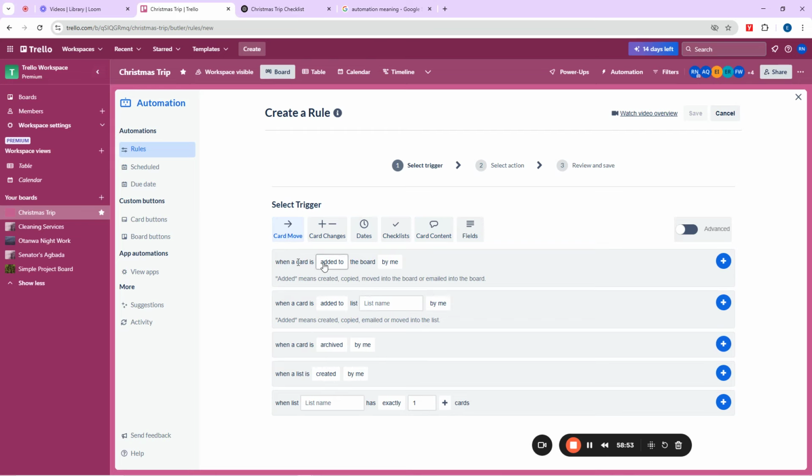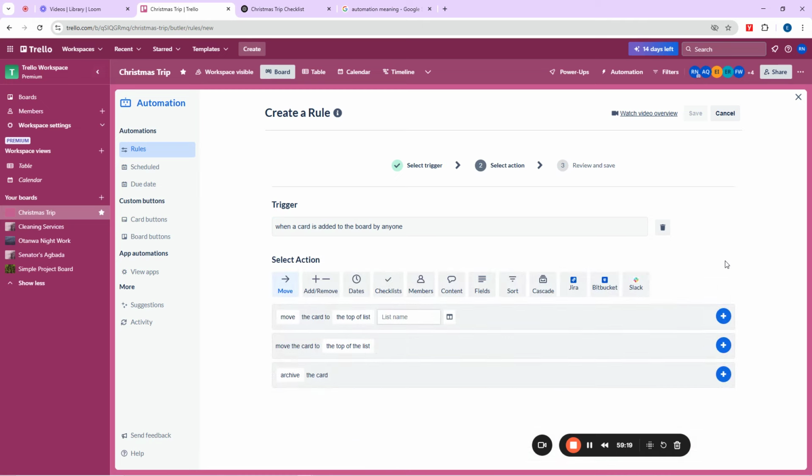So come here and say okay, when a card is added or created or emailed to or moved into or moved out of the board by anyone, then what should happen? Come here to add it. Let me say when a card is added by anyone, what should happen? I will click on this plus to add what should happen. Look at it now. Click on this. Then it should add or remove or maybe move that card to somebody or maybe assign somebody to that stuff.